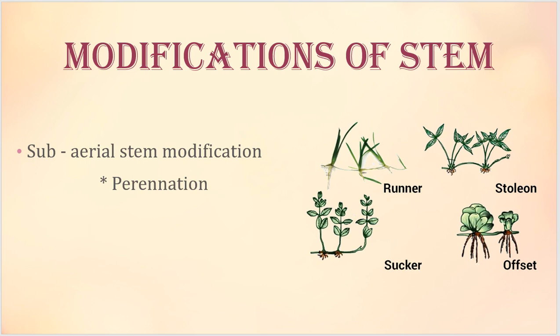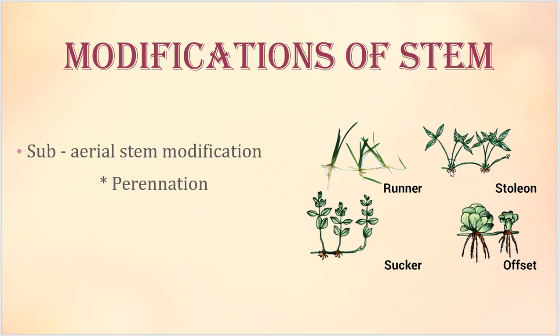Oxalis, grasses and marsilia form this kind of stem propagation. And the second one is stolon. So stolon is subterranean, means sub-ground level. And they are formed from one lower axillary bud. Like runners, they are also running horizontally all around the mother plant, and they have long nodes and internodes. And the tip of the stolon, these stolons are long, found near the ground, and they are arched.